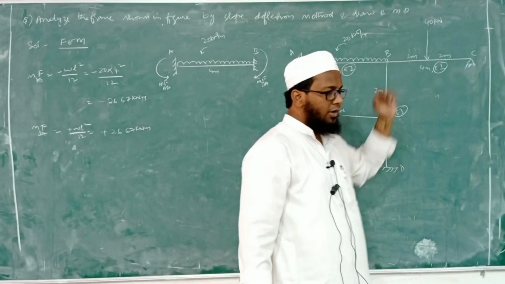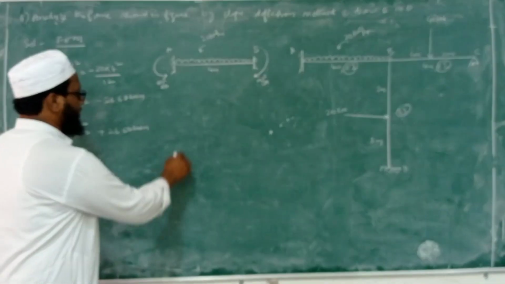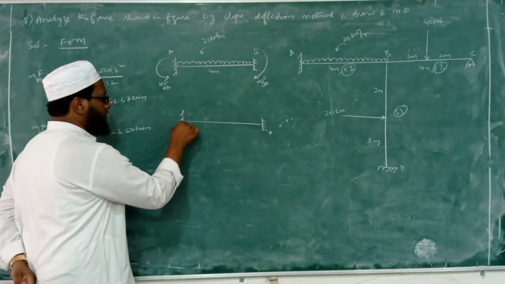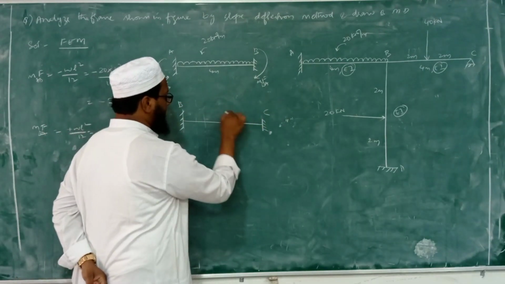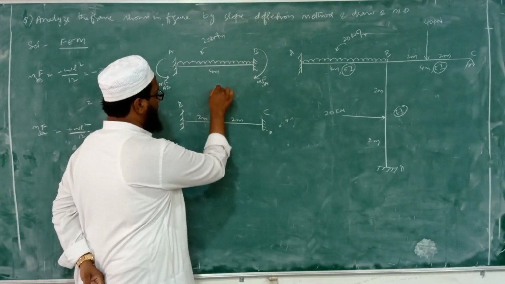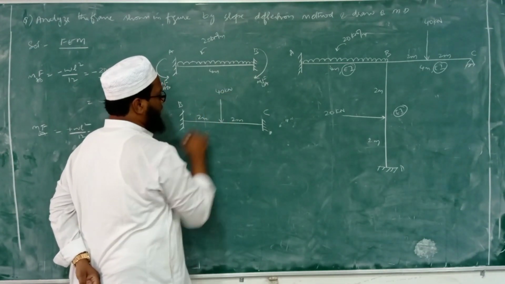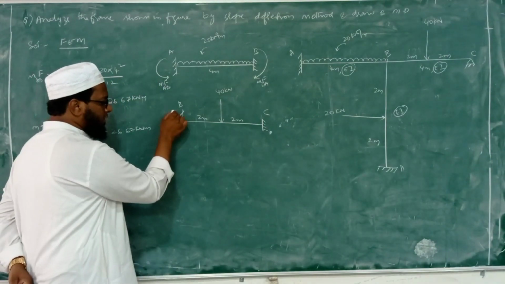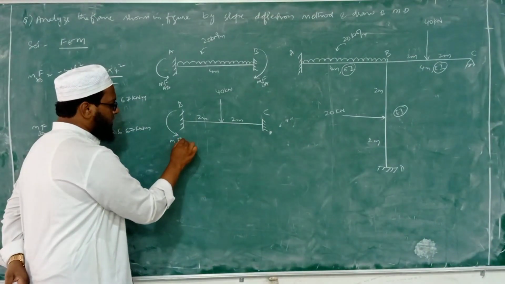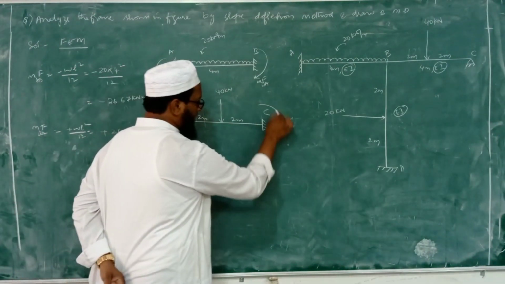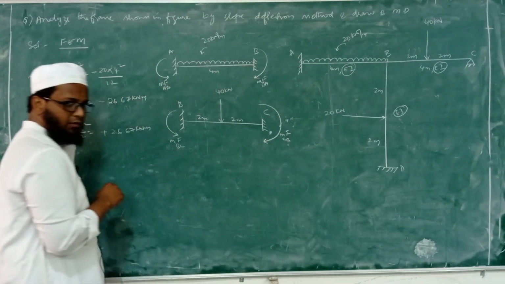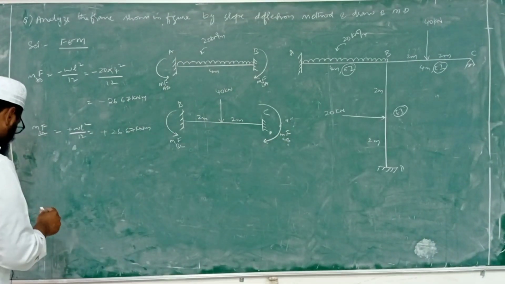Next we have a central point load here. Okay, we have a central point load here. So what I will do, I will fix this beam here like this, and this is B, C, this is 2 meter, this is also 2 meter, load is 40 kilonewton. Now because of this load, again what will happen to the support? We will be getting moments there, that is MF BC, and here also it is MF CB. Now what is MF BC when we have central point load?